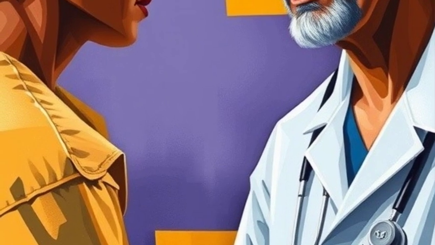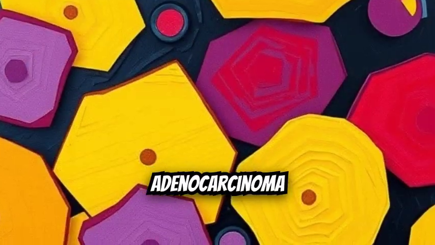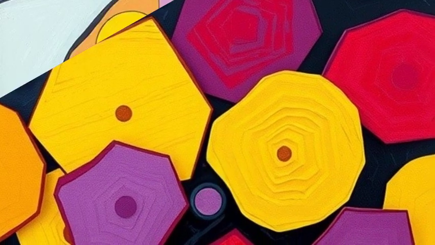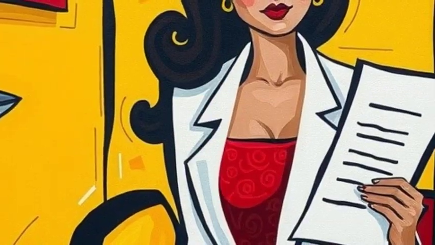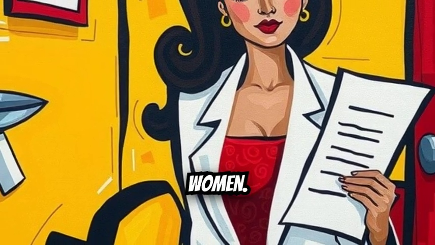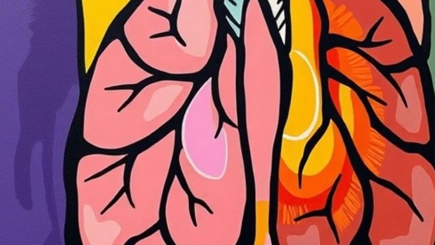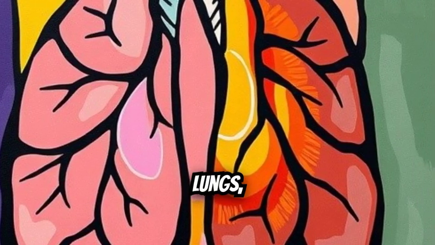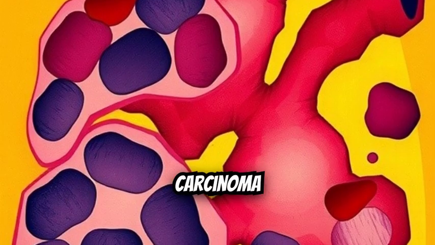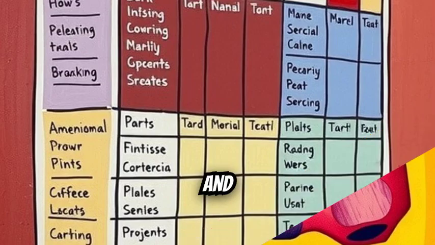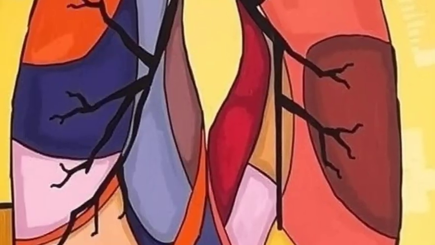Types of lung cancer: non-small cell lung cancer, NSCLC. Adenocarcinoma is the most common type, often found in the outer parts of the lungs. It is more common in non-smokers and in women. Squamous cell carcinoma typically arises in the central part of the lungs, often linked to smoking. Large cell carcinoma is a less common and more aggressive form of NSCLC that can appear in any part of the